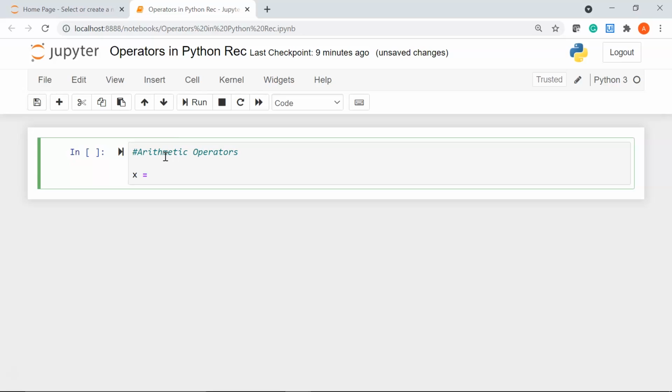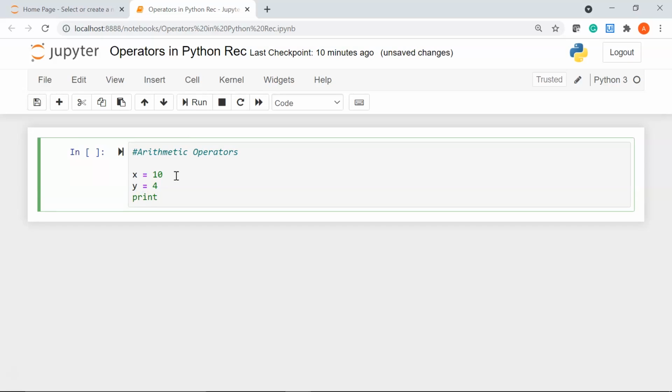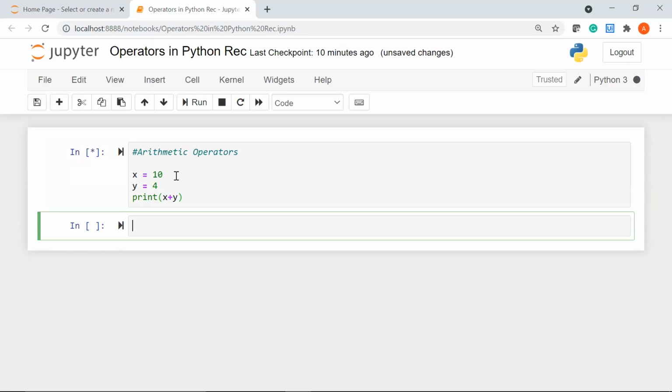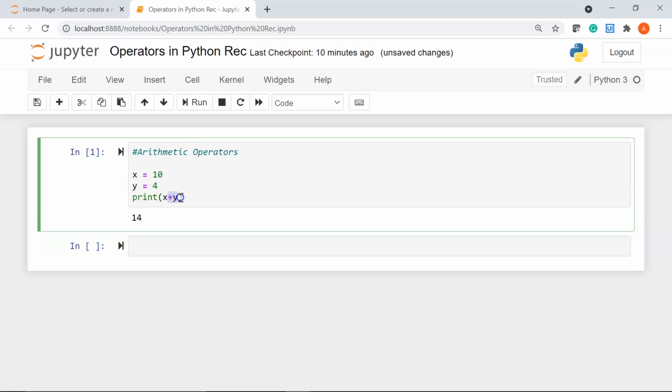For that, let me assign two variables. I have assigned a variable x to a value 10, and let's say we have the second variable y equal to 4. Now if I say print x plus y, it will perform an arithmetic operation, that is addition,